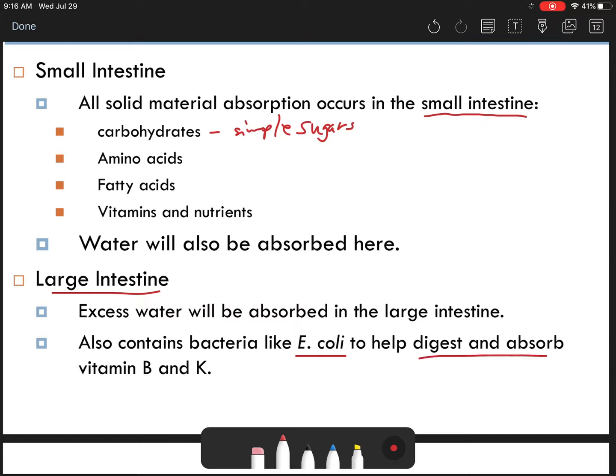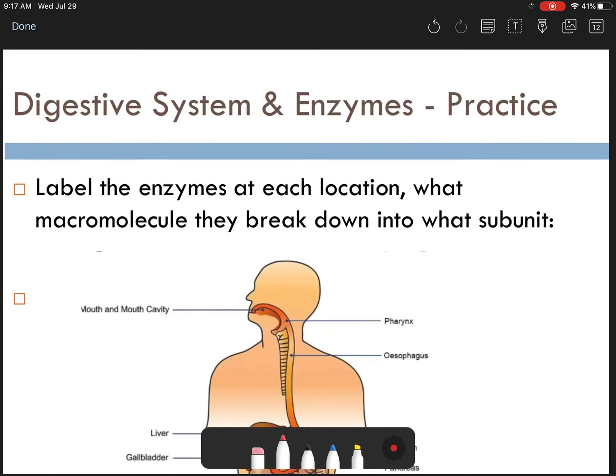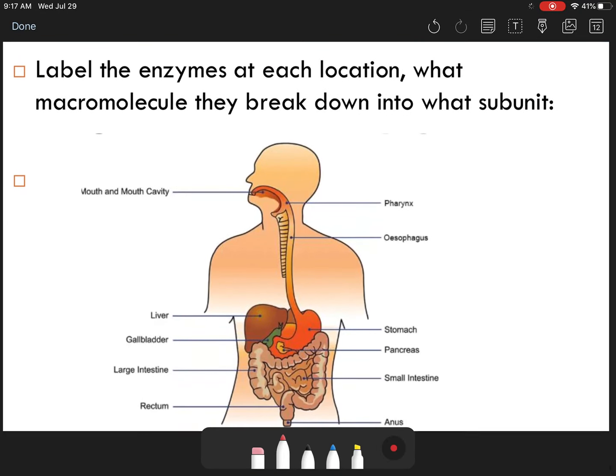We also have certain bacteria like E. coli that help us digest and absorb vitamins B and K. We wouldn't be able to do that on our own if we didn't have those bacteria there. So I know E. coli gets a bad rap, and yes, it can cause some major forms of food poisoning, but this is the E. coli that's a normal part of your body. It's a normal part of your large intestine to help you break down those foods to release some of those